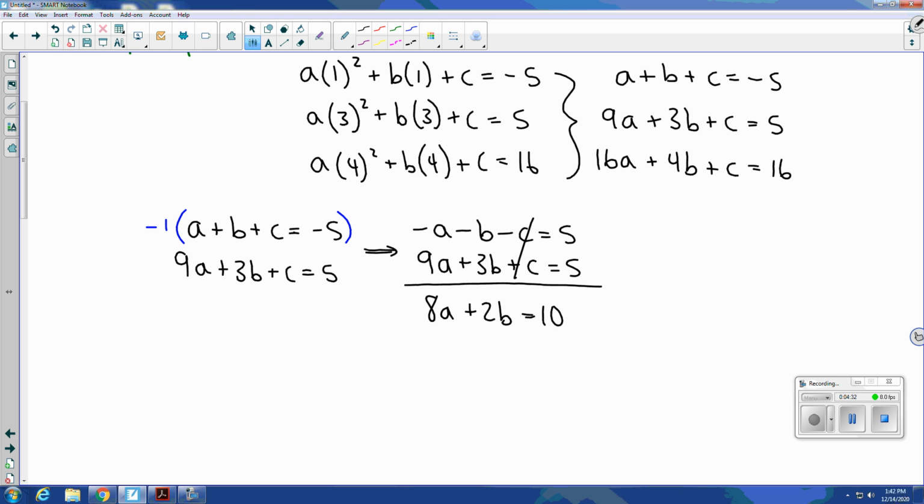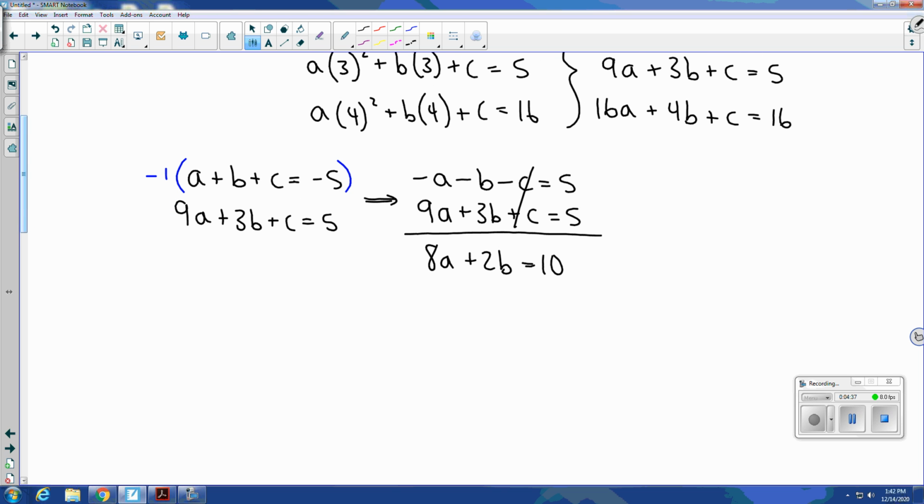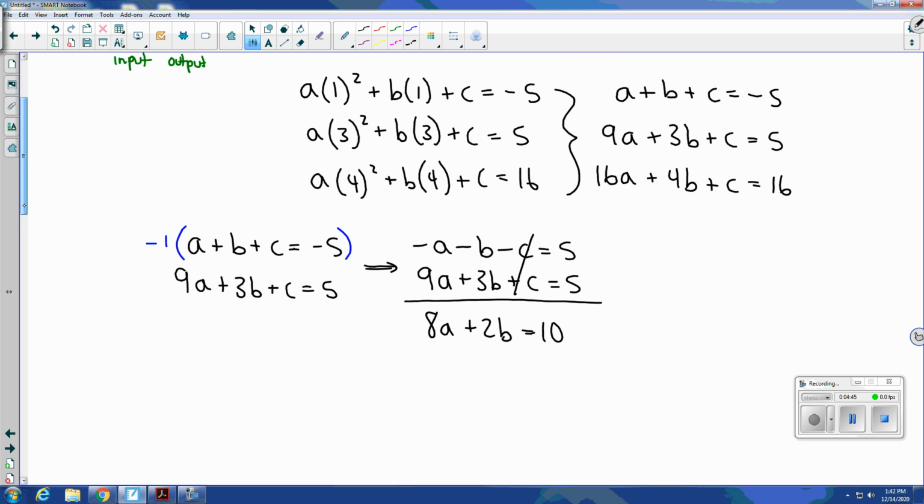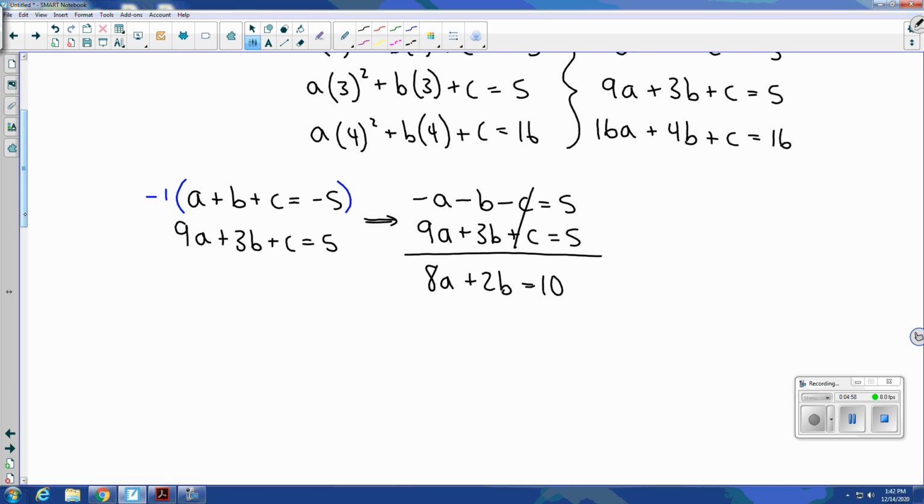I now have an equation with 2 unknown variables. In order to solve that, I need another equation with the same 2 variables that would allow me to produce a system of 2 equations. So to get the second equation needed to solve for a or b, I go back to my original 3 equations and I select a new pair. Originally I did 1 and 2 to generate that new equation below. So I can select 2 and 3 or 1 and 3. Let's say I select 1 and 3. So if I write equation 1 again, and equation 3,